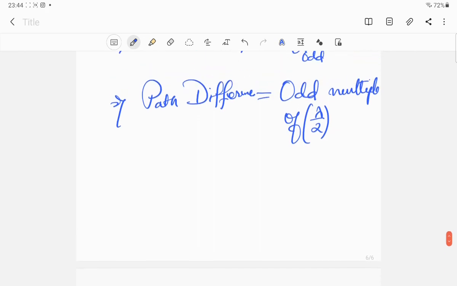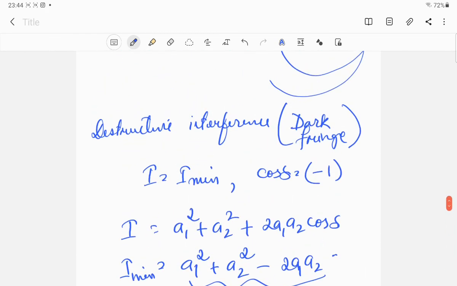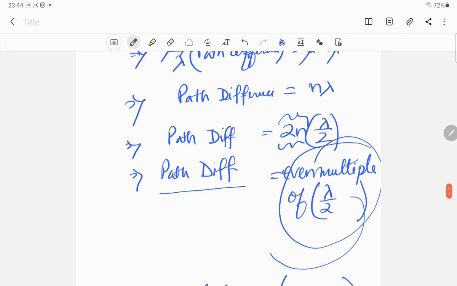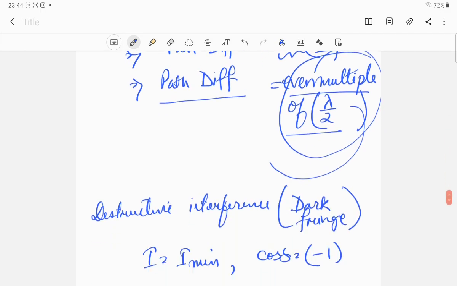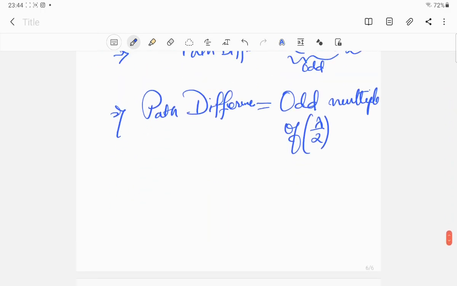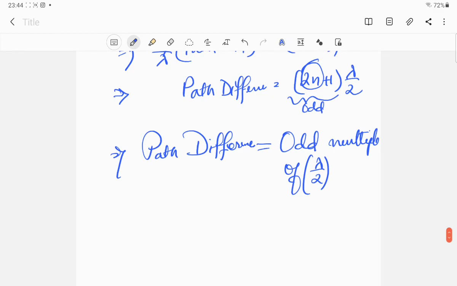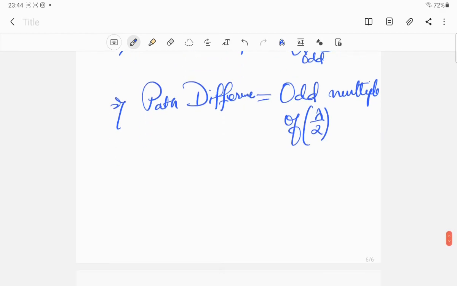So these are the two situations. The first condition, for constructive interference, is that the path difference should always be an even multiple of lambda by 2, and we have proven it. In the exam you may be asked to prove that for constructive interference the path difference between the interfering waves should be equal to an even multiple of lambda by 2. Similarly it can be asked for destructive interference, that is, prove that for destructive interference the interfering waves should have a path difference equal to an odd multiple of lambda by 2. So that's all for the analytical treatment of